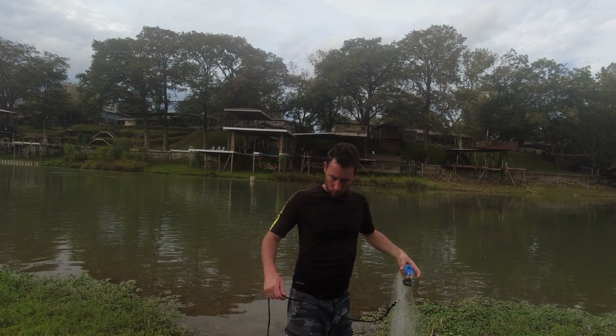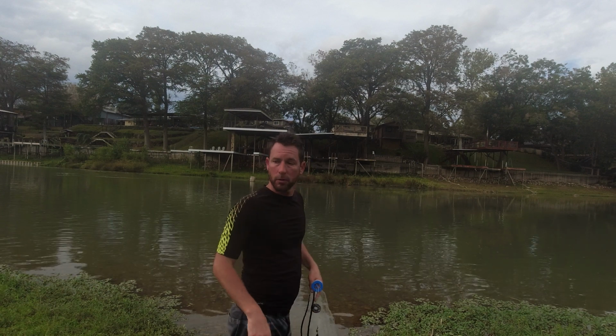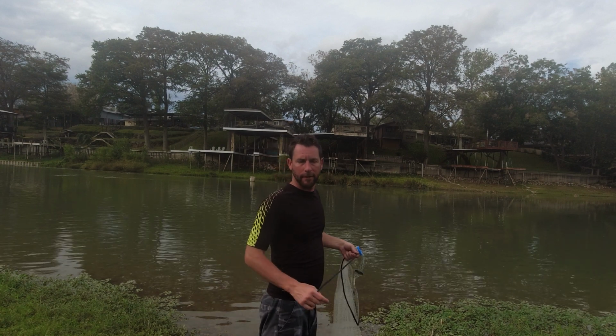Alright, we're down at the water. Just going to walk out there. I'm going to throw this a couple times, give you the over the shoulder view. Then I'll probably put you on the head mount. You can see me actually do it how it looks from my angle. I'll throw it from a couple different angles so you can see what I do every time. Like I said earlier,